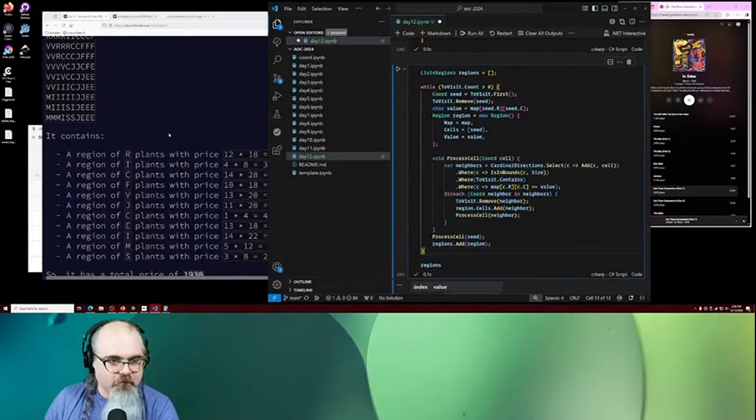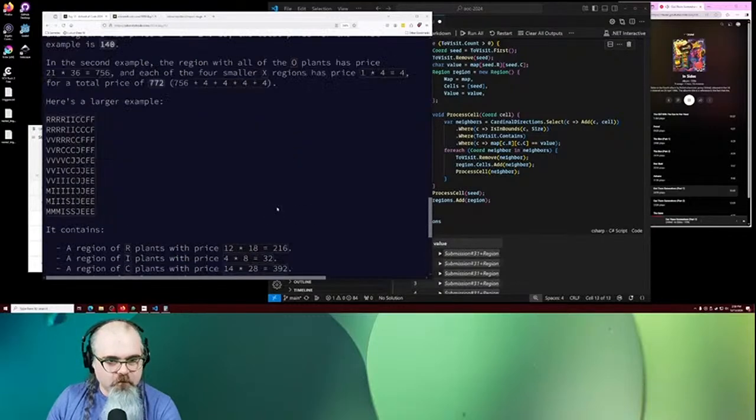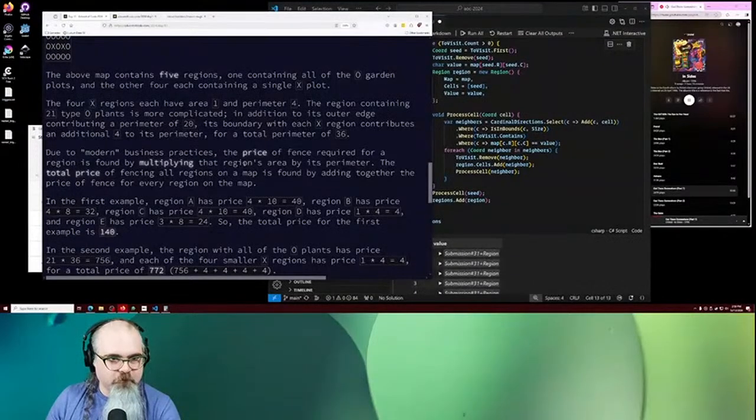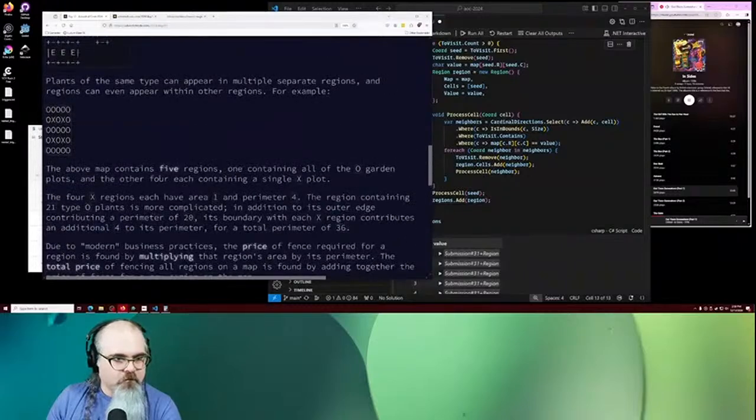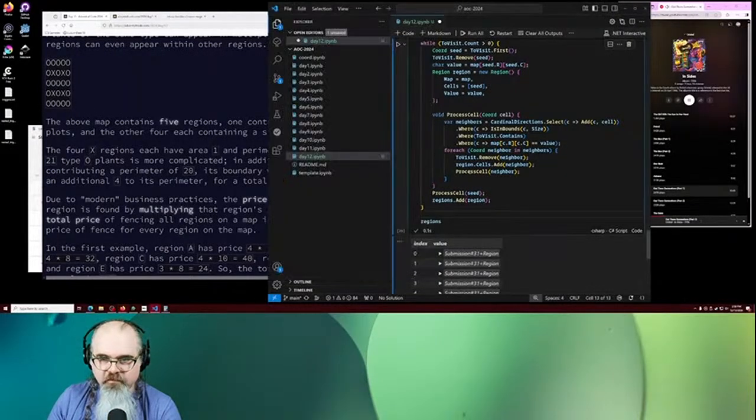Okay. So now what we just need to do is, for a region, we need to figure out the price of the region. And right. I believe we count fencing on the exterior as well. There, yeah, the outer edge. Yep. Okay. So what we just need to do here is